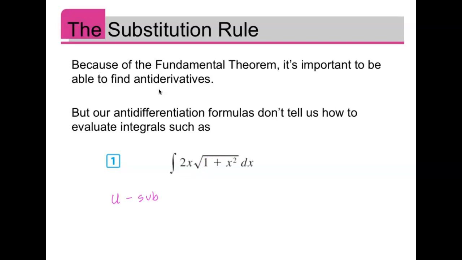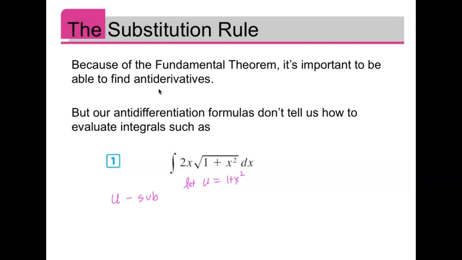So how do you decide on what u is? You're trying to get a simpler integral, and oftentimes this is basically the reverse chain rule. So, rule of thumb, if there's an inside function, try and let u equal that. One thing you'll never do is let u equal x. That doesn't do any good. You're just going to rewrite everything the exact same way, but with u's instead of x's. In this case, there is an inside function: 1 plus x squared. So let's try that. If I let u equal 1 plus x squared,